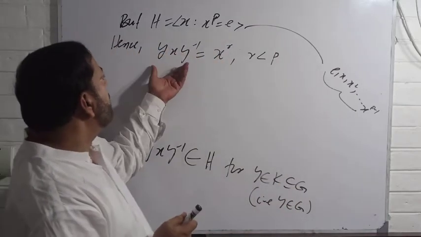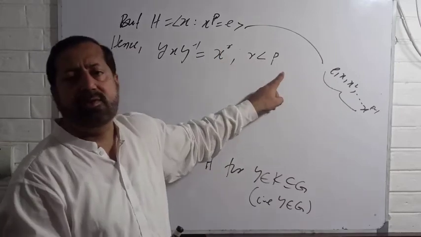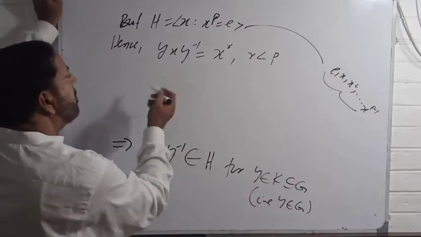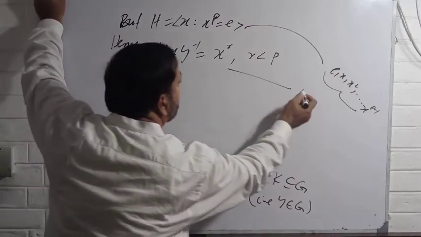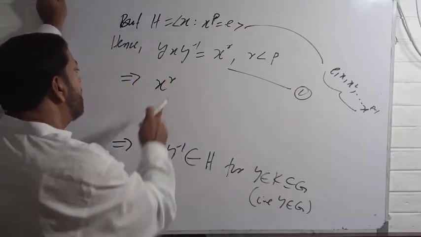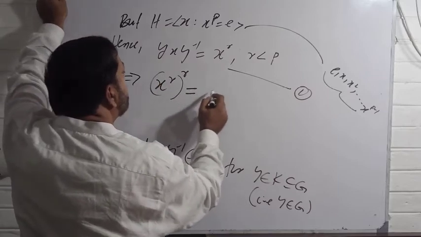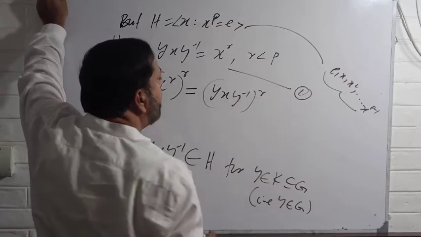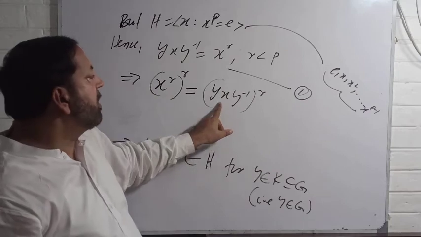So this is one of these. That's why I'm taking x power r, where r is lesser than p, right? Okay, so from here I can write x, say this is equation number 1. I can label this equation number 1. So x power r is equal to yxy inverse power r,